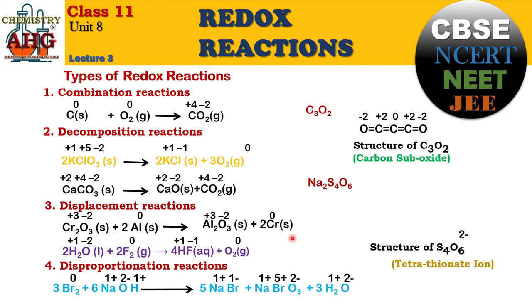When you write down its structure, what you must remember is that all 4 sulfurs would have bonds with each other first of all. The normal valency of sulfur is 2. So the central 2 sulfurs have completed their bonds. The sulfurs on the sides would be bonded to oxygen atoms. There are 6 oxygens, so both the sulfurs present on the terminals would be bonded with 3 oxygens each.